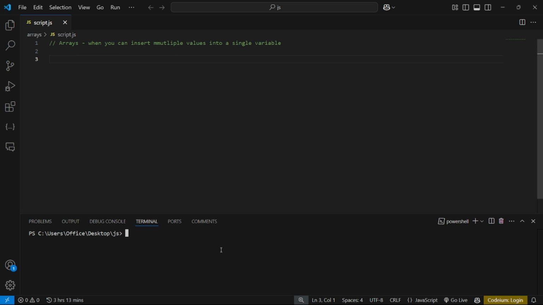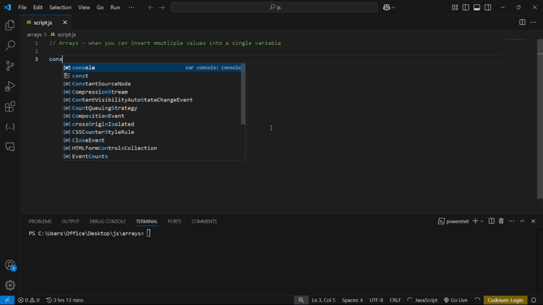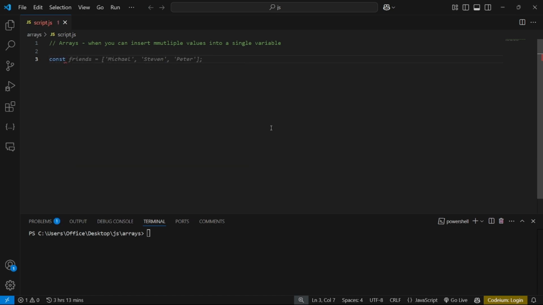Let me clear out the terminal. And yes, come here. What is an array? For that, let me declare a variable named arr. It is resembling an array, and let me open a square bracket, and inside that I am going to write